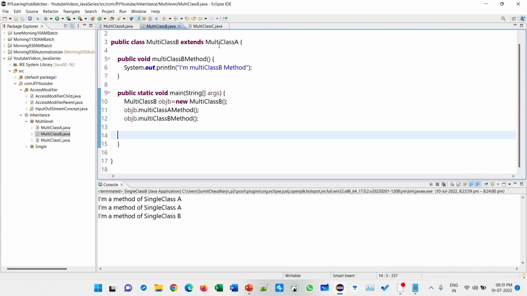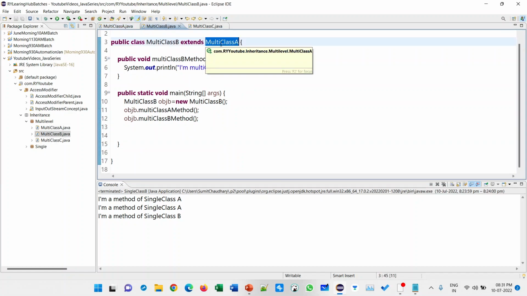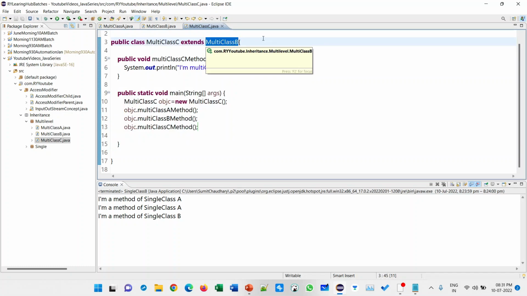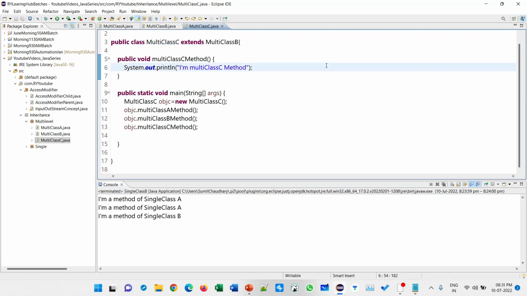B is aware of the A properties only, not C, but C is aware of A and B, because C inherits B and B inherits A. So there is an interconnection of all three classes. Hope guys clear?